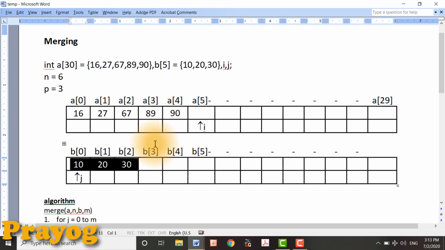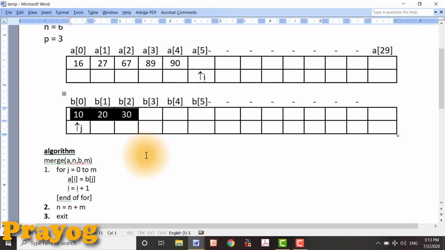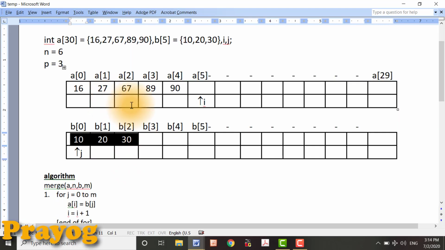Actually, you don't have any algorithmic approach in the syllabus. Only for the understanding purpose, I'm writing and explaining the algorithm. Here, you can notice that we have two arrays A and B. To manage them, we will be in need of two indices. First is I, which manages array A, and second one is J, which manages B.